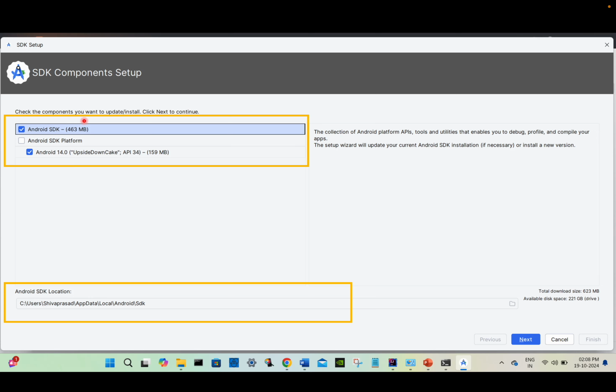By default, this will be selected. Here it says these are the components that it will install, and it is trying to install Android 14, that is API 34, and the downloadable size is 623 MB, and this is the Android SDK location installation path. This is important, so make sure that you copy paste this value in Notepad or a Word document somewhere, because we need to set the path till this SDK folder in our environment variables. Now you have to click on the next button here,